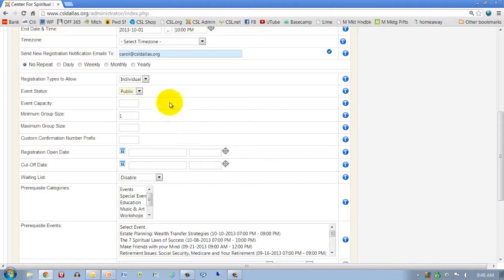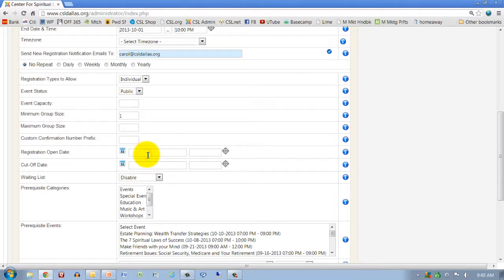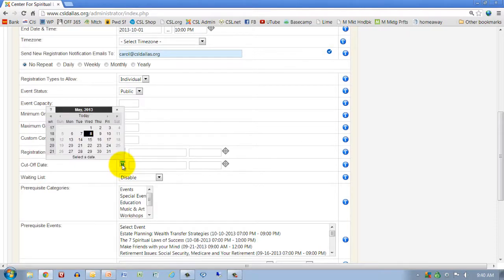Okay, now let's look at the registration open date. What I normally do is leave this blank because the registration open date will be now, as soon as I create this. Now I'll want a cutoff date. If it's a class, you want that cutoff date to be the day after the last day of the class, because you want this to stay online. People are actually going to be buying and purchasing, etc., all the way through to the end of the class,